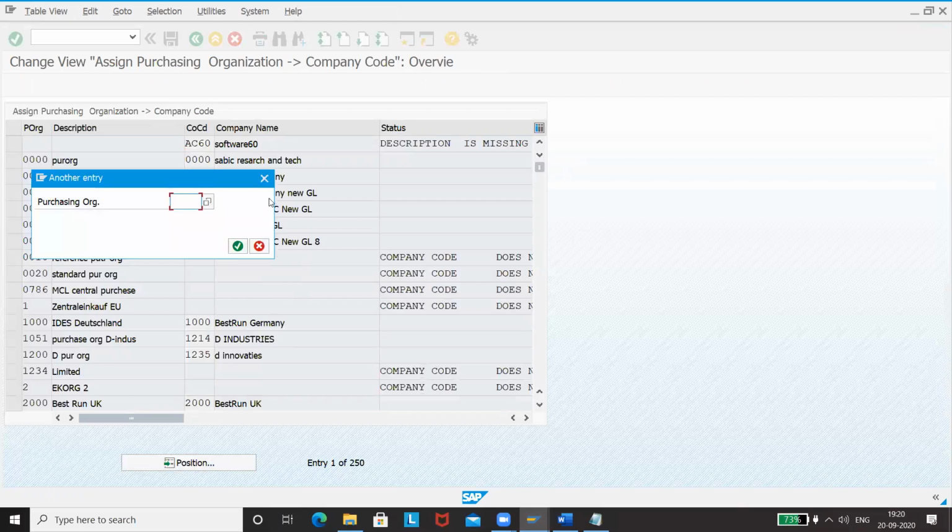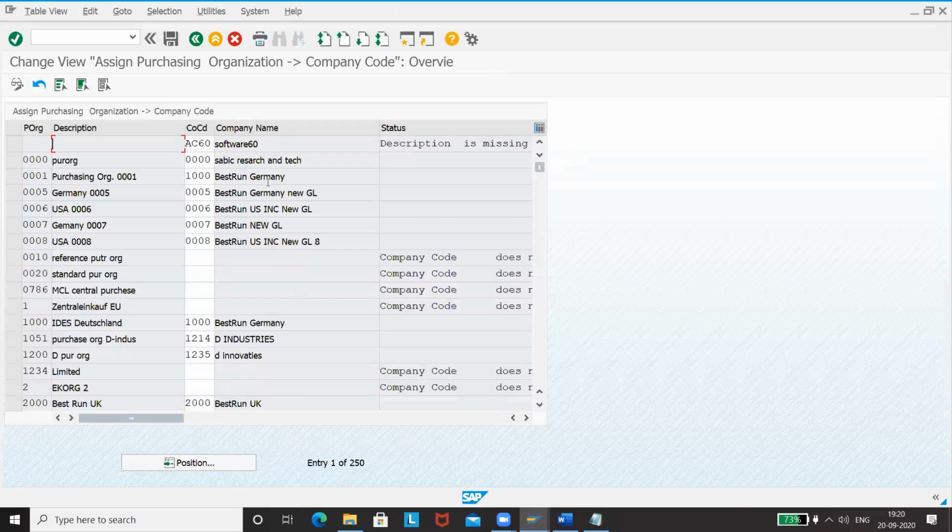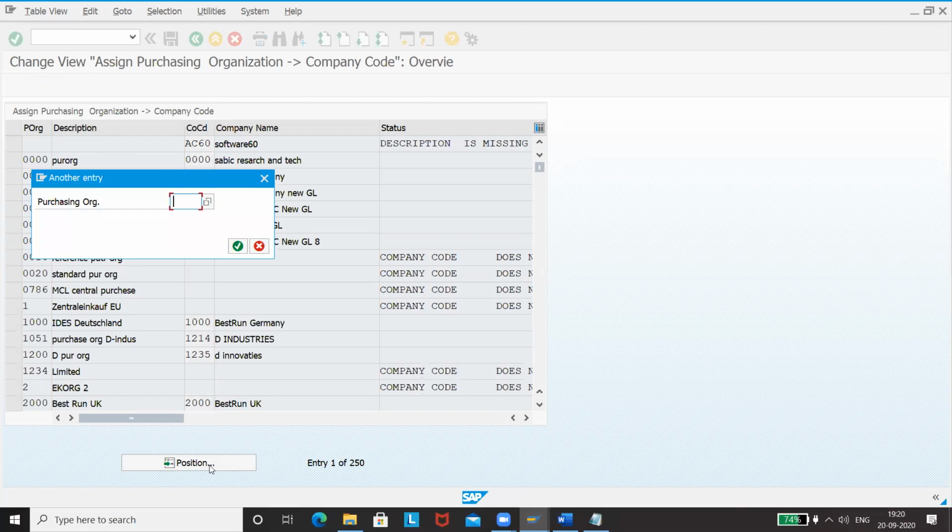Please remember this point: if there is a new entries tab available here, you will have to click on new so that you can enter it. Otherwise, if that is not there, it means that it is already mentioned here. You will just have to click on position and assign it. So since there is no new entry option available here, you will just be locating it and then assigning it.